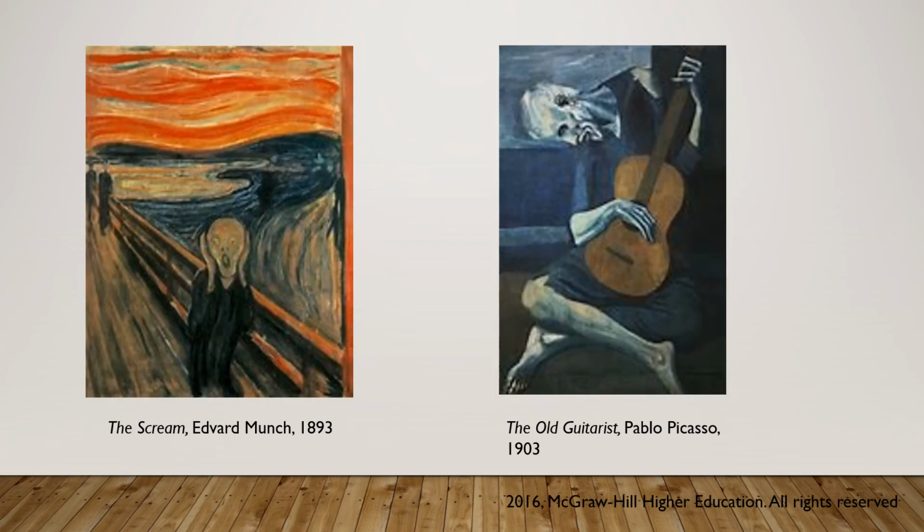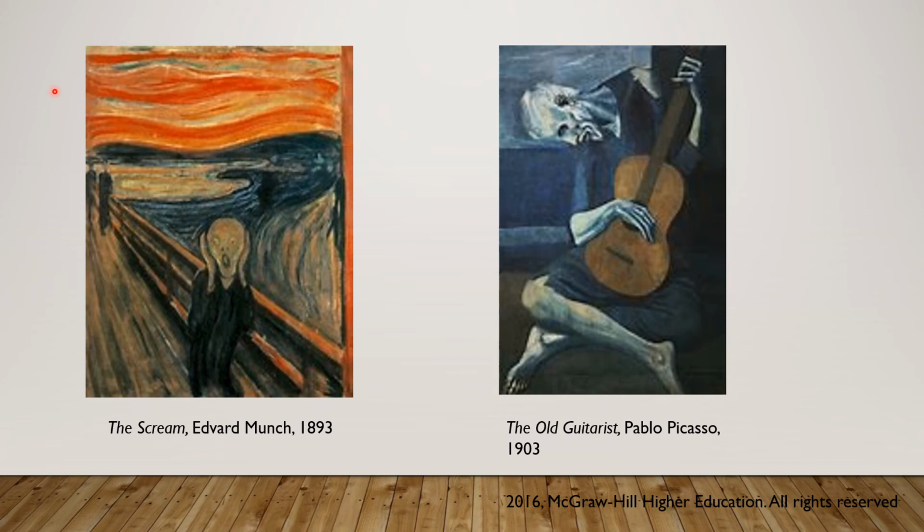The work on the right is The Scream by Edvard Munch. The one on the, sorry, that's the one on the left. The one on the right is The Old Guitarist by Pablo Picasso. Now, looking at the different color schemes that are being used, here we have a lot of bright colors, and